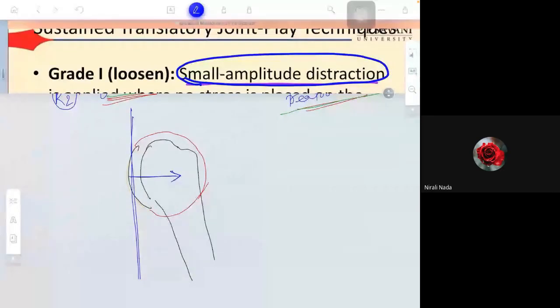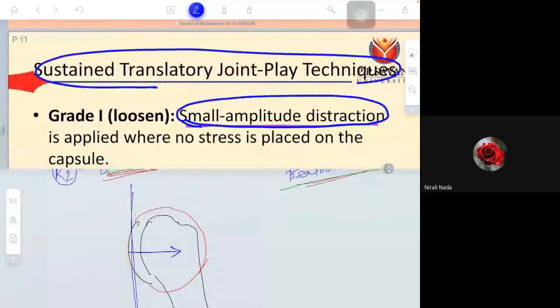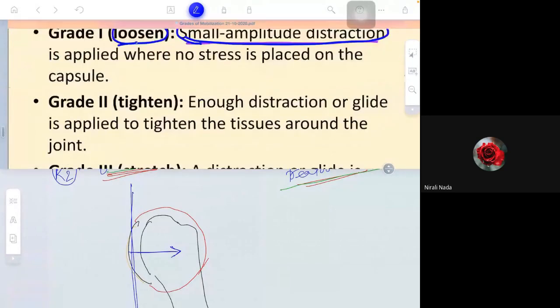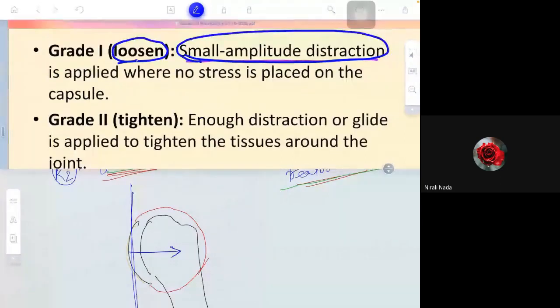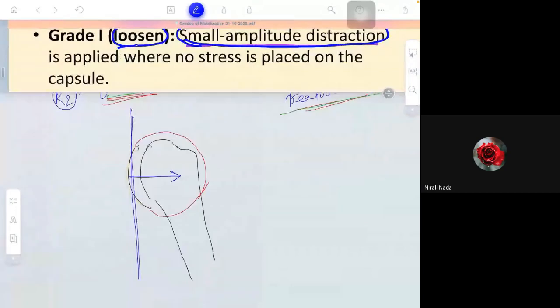This is called grade 1 sustained joint translatory joint play technique. Grade 1 distraction is otherwise called loosen. Clear? What is second grade? Enough distraction or glide is applied to tighten the tissue around the joint, which means, see, imagine,